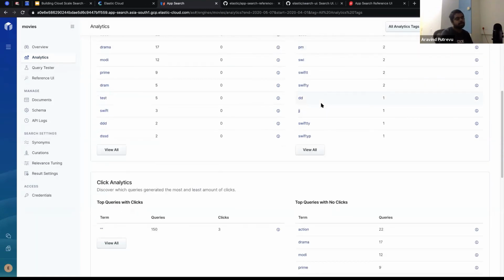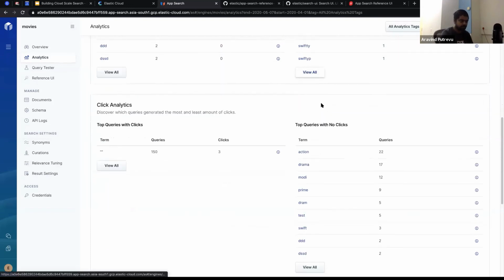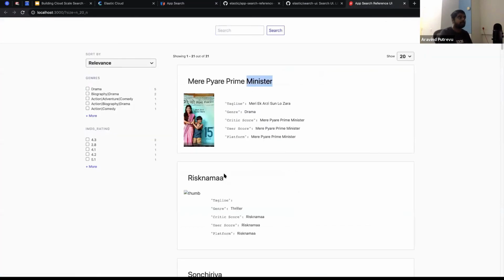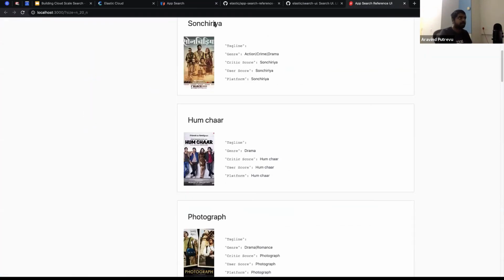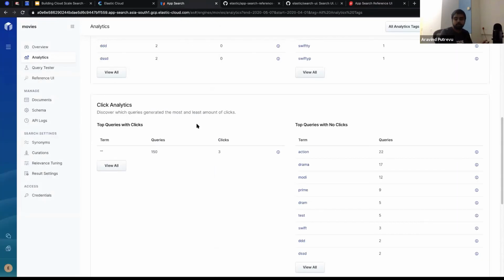Like I said, if you want to configure a specific synonym or acronym tied to a specific term, you would probably want to look at the top queries with no results. When you have the data but your users are not able to see it, that is a red flag, and you might want to correct that. So that is another thing to look at. And then how many times I've clicked on the thing. Not just having that, but how many times I have clicked on this particular link and went through. So the click-through analytics is also available.